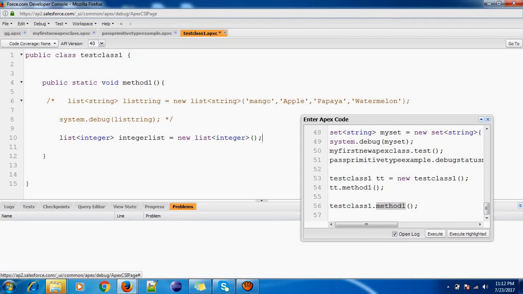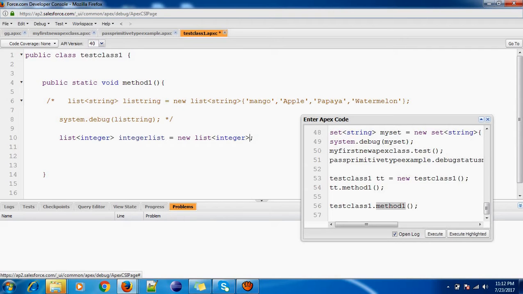So same thing we have to add here. Like in string we were adding text, in integer we will add numbers. Okay, you can practice it at home. Do you think inverted commas are important while adding integer?